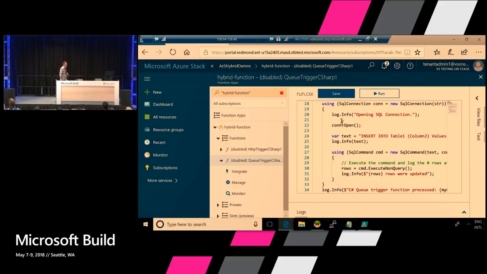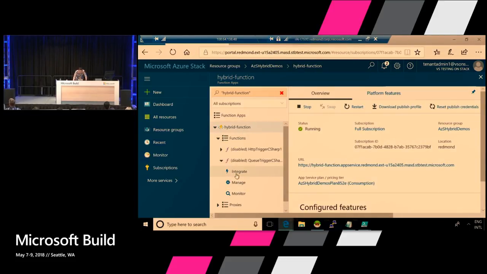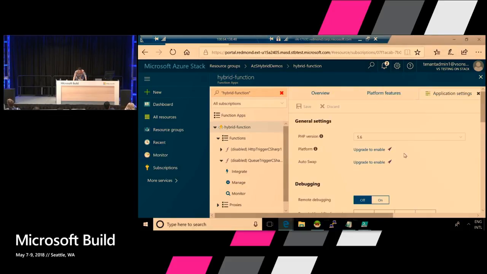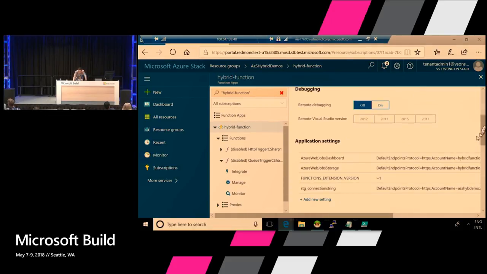If you look at my function configuration, now things get pretty interesting. If I go to my application settings, I have a connection string. It's my storage connection string.